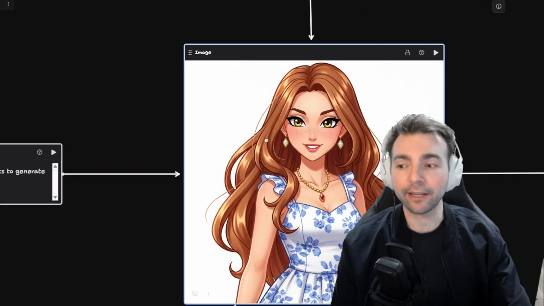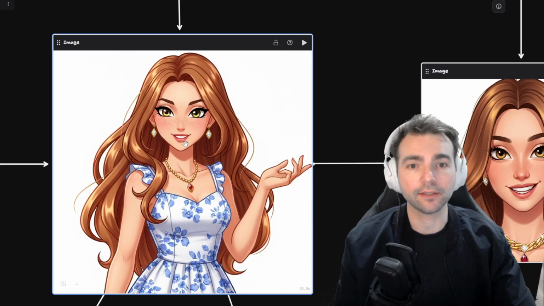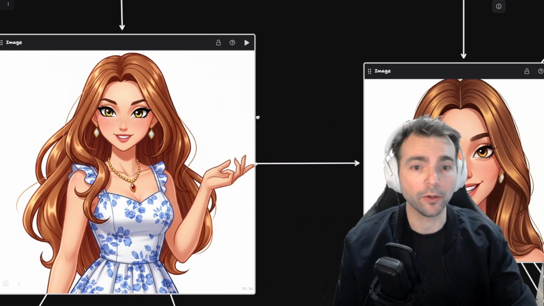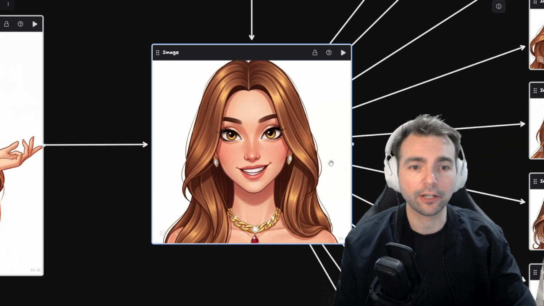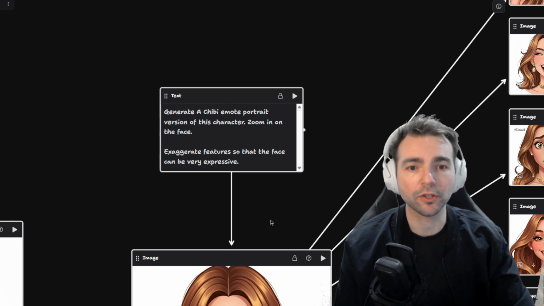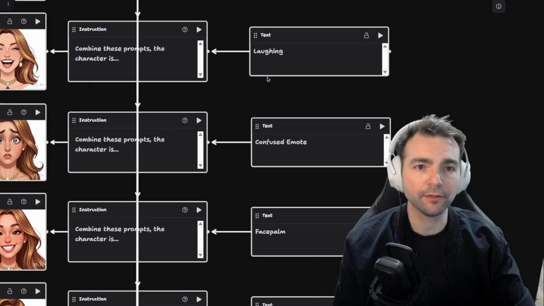From there, we can make variations of these images and we can get into more granular detail. For instance, if I wanted to focus on the face, because we're going to make emotes, I can then go and focus on generating just that component with a separate text prompt that adds more context about what it should do. From here, we can take that face and we can feed that into a bunch of different prompts through